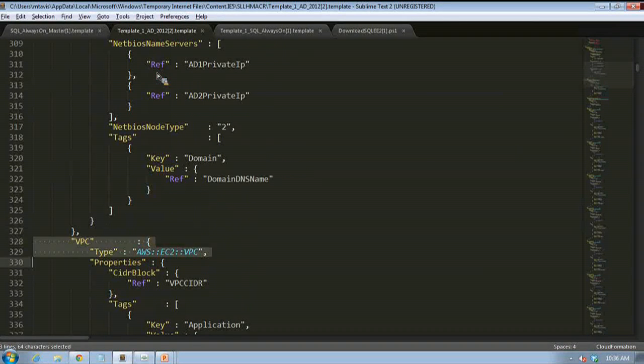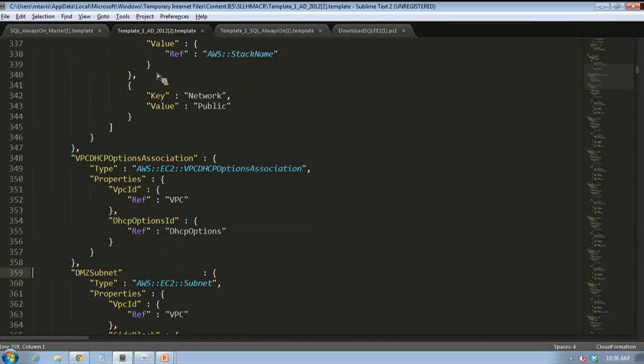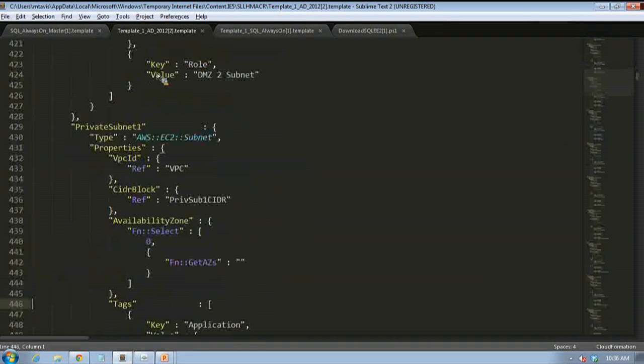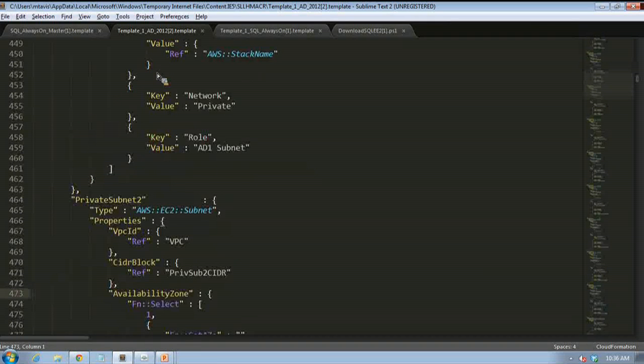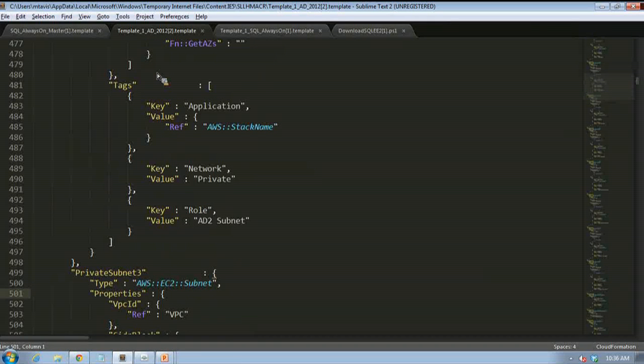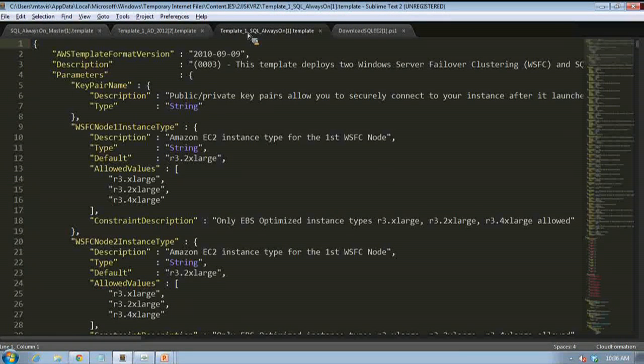It's creating DMZ subnets. All these things are part of that core. Private subnets are created as part of this. So it's really defining the entire VPC, the Active Directory components, the remote desktop gateway, and the NAT instances are all part of this. The other template that's embedded in there is the SQL Always On template, which then creates